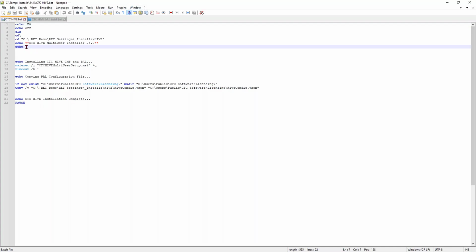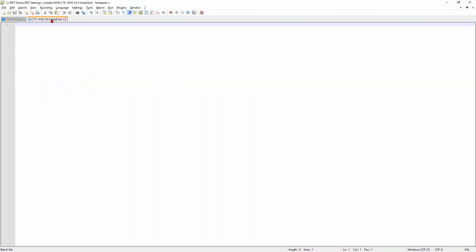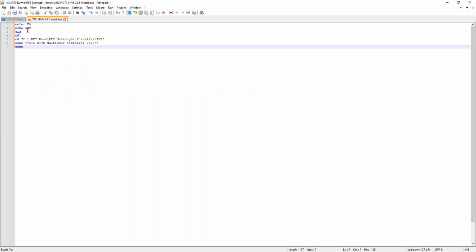I have the beginning section that I like to do personally, which helps make, in my case, I'm just running it so it shows up in the DOS window. So I tweak the color of the DOS, so it's not black and white, it's white and something else. And then here's the change directory call to move it to this folder so that I don't have to worry about typing in a much longer file path potentially within the installation name. So now that I've got my directory set to this, I can go ahead and build out the rest, which ends up being